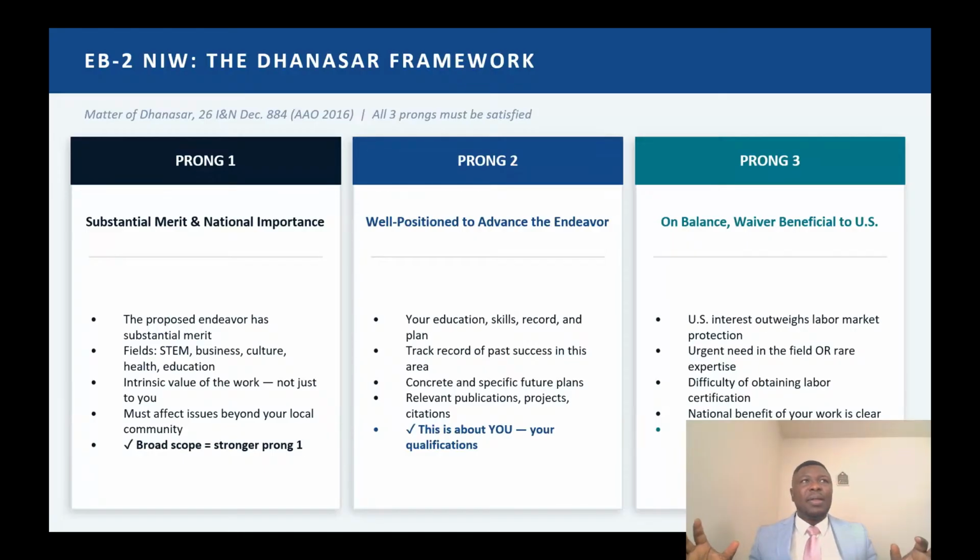And then after showing that you have really risen to the very top of your field, you need to show that your acclaim, another word for acclaim is recognition, another word for acclaim is prestige, that your acclaim has been sustained over a period of time. Now, it needs to be sustained for at least 3 years and beyond.